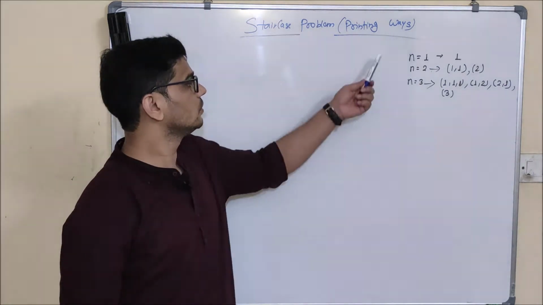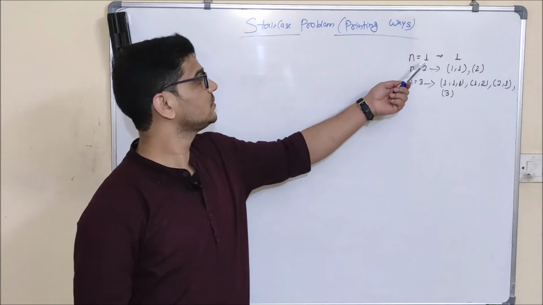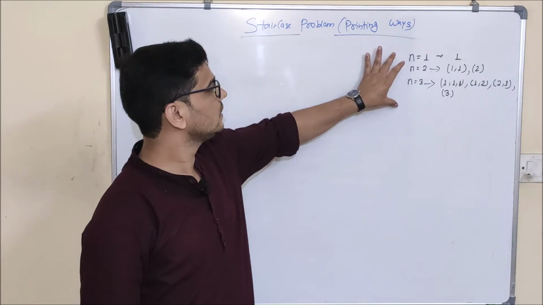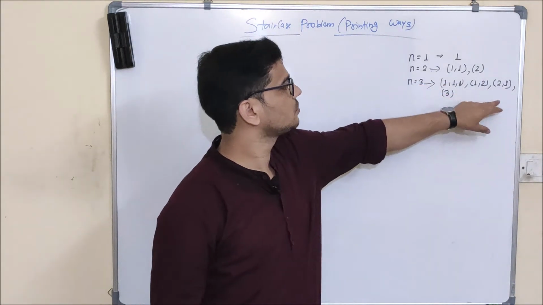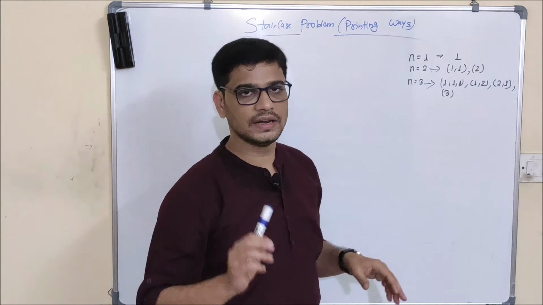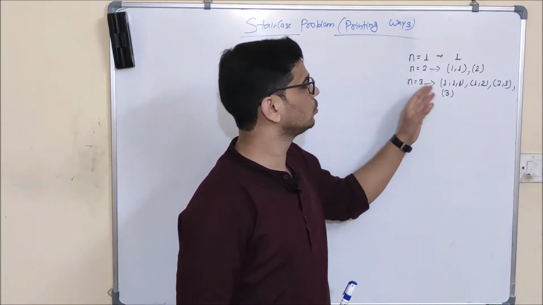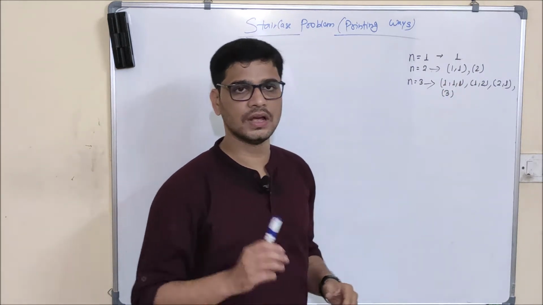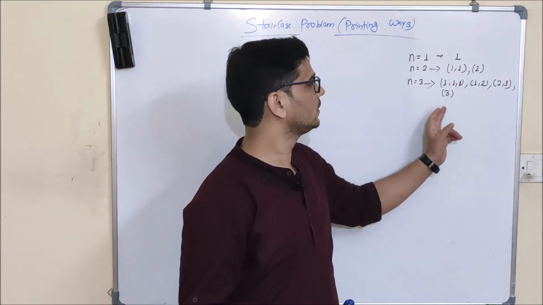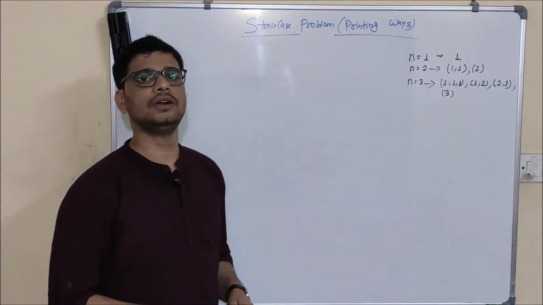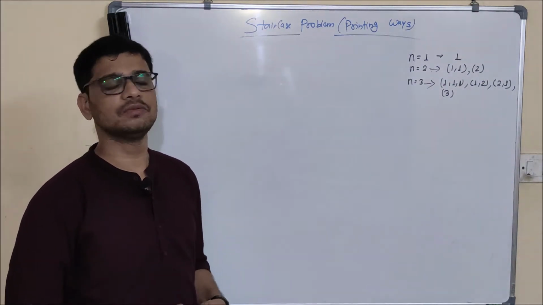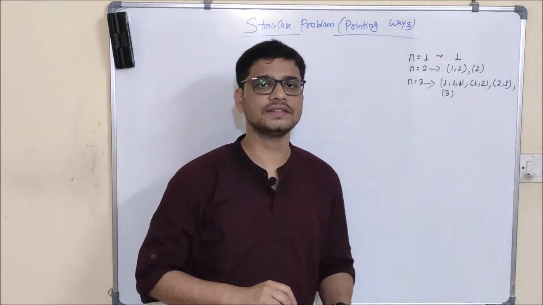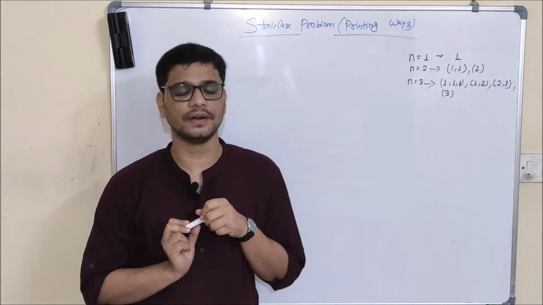So let's start. For example, I have taken a 1-step staircase, a 2-step staircase, and a 3-step staircase. In each of these, these are the options we have. In n equal to 1, I can only take a 1-step jump. In n equal to 2, I can take either a 1-step jump or a 2-step jump. In n equal to 3, I have 4 options: 1 1 1, 1 2, 2 1, and 3 to reach the top. Now I will write a generic program which will print for n steps. Before writing the program, let's understand the logic of what I am going to do here.